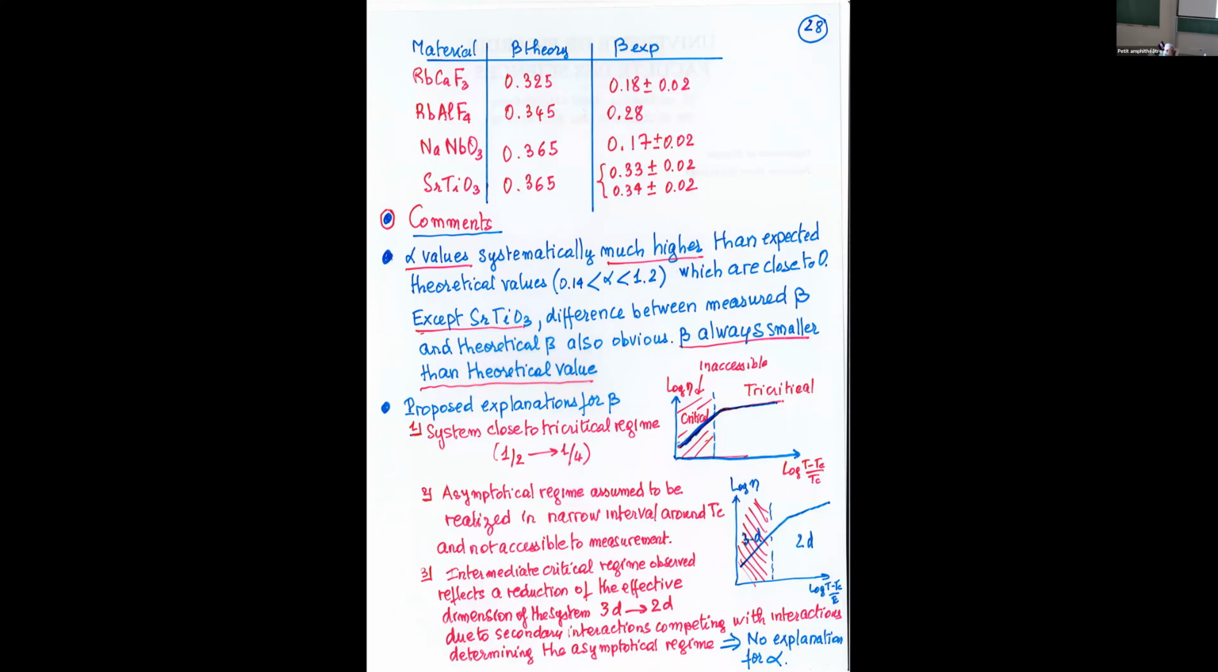All right. So some comments. As I said, alpha value much higher, except strontium titanate, and beta always smaller except this case. Now there have been some explanations proposed for this difference between the experimental and the theoretical result. First explanation, which seems to me a bit easy, but it has been proposed many times, is that